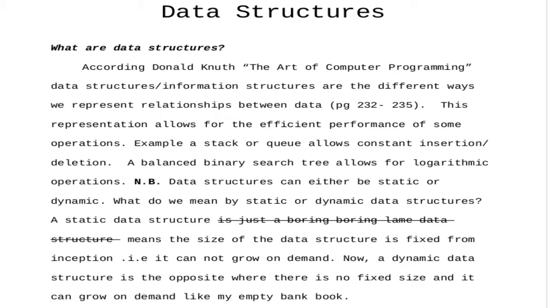Note well, data structures can either be static or dynamic. What do we mean by static or dynamic data structures? A static data structure is just a boring, lame data structure. Sorry, a static data structure means the size of the data structure is fixed from inception. That is, it cannot grow on demand. Now, a dynamic data structure is the opposite, where there is no fixed size and it can grow on demand